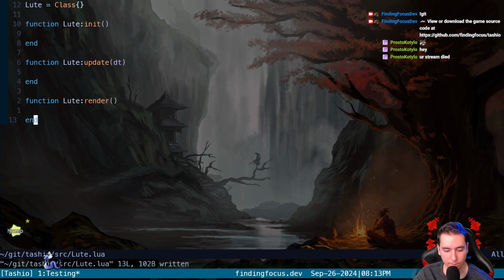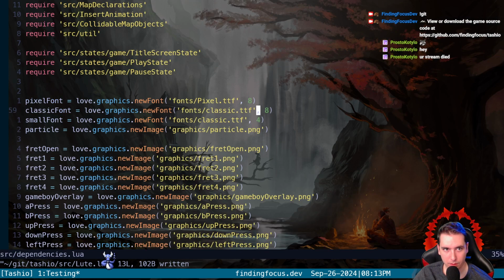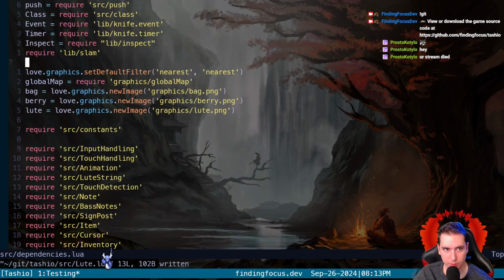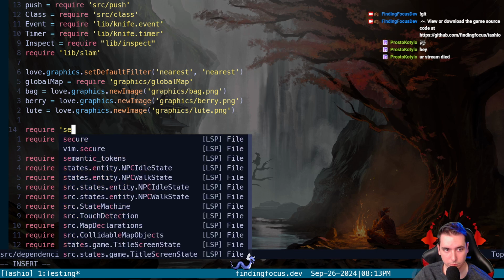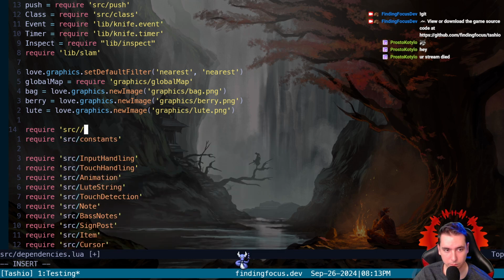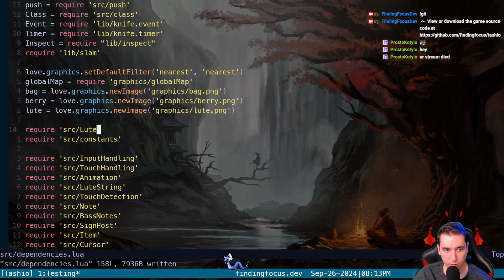And then we need to import it. So right here, we'll just make sure we import our Lute here.